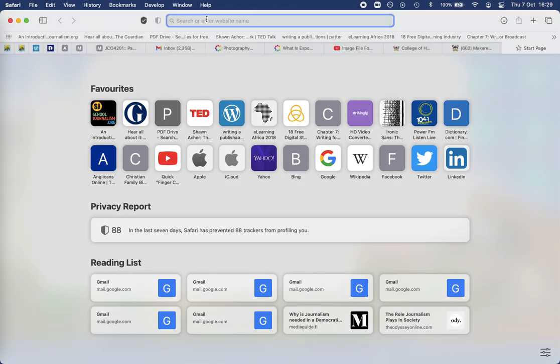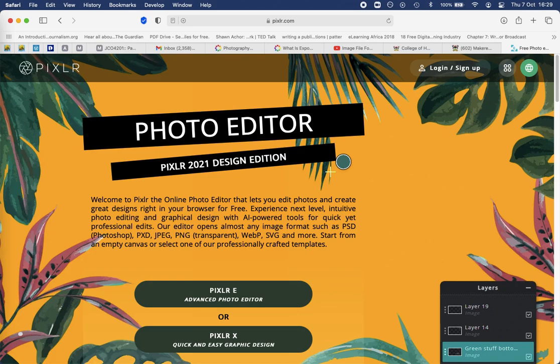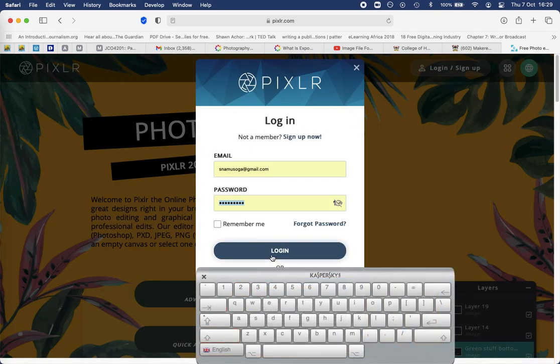So to go to Pixlr, you go to your browser. Mine is already open. Type in pixlr.com. Hit your enter key. You'll come to the home page, and then you need to log in. I already have an account, so I'll log in, but if you don't have one, then you need to sign up. So I'll log in using my account,